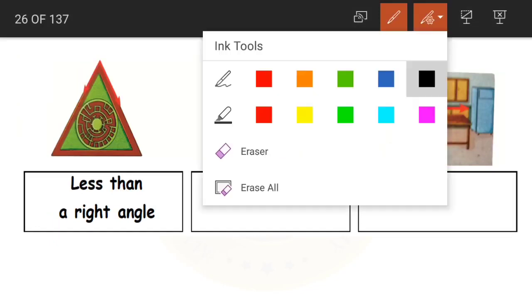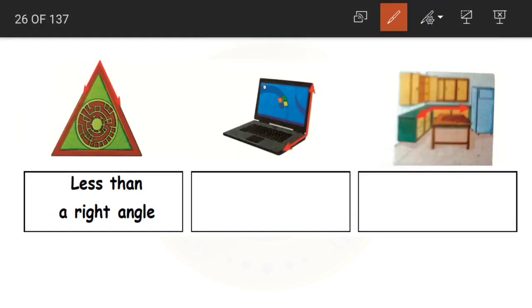Now again this one, see children here. Alongside the arm. This will be our right angle tester. Yes, it is less than a right angle. Correct. Now coming to this one. What color shall we take? Okay, we'll take this one. This, here and here. Yes, understood. Now look at this here. We are having certain area which is not covered by the right angle. So that means the given angle is more than the right angle.